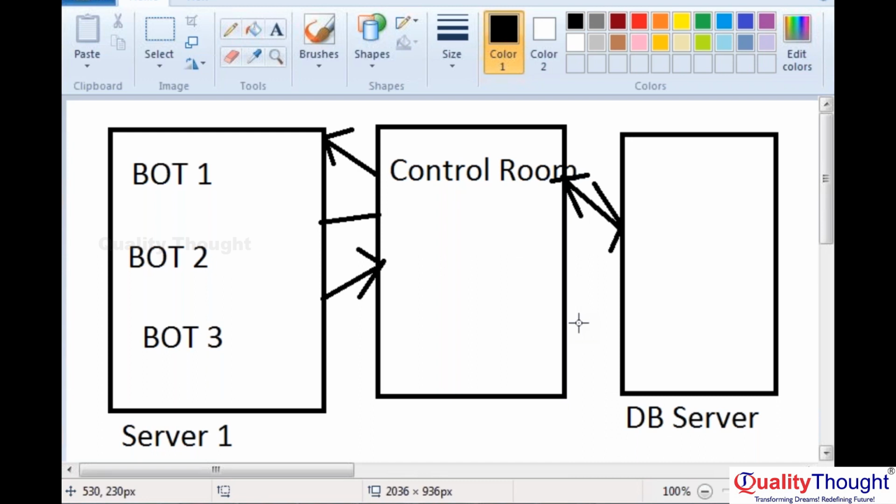Machine 3, database. Now, which will try to talk to database? Control room. So now tell me, control room is client or server? Client. It's a client. You install it in a server. See, why are we talking about server? Server is a physical component where you install control room. Somewhere you have to install control room. So you install control room on one physical server. Right? So control room or control center,